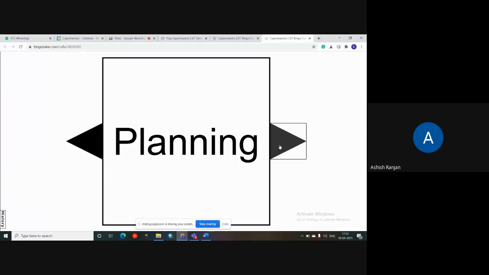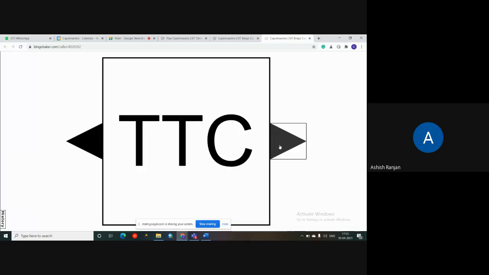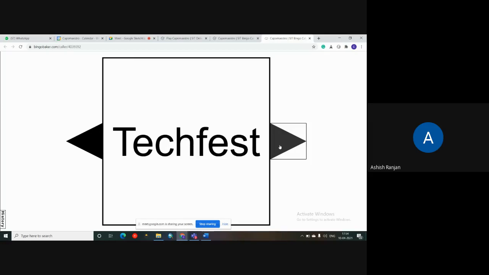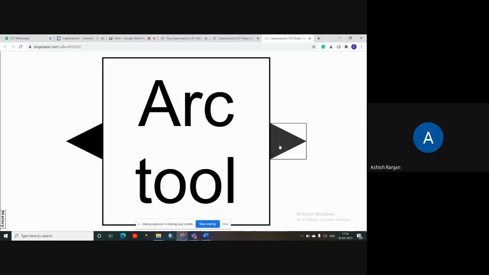Planning. TTC. Axial. TechFest. Arc tool.